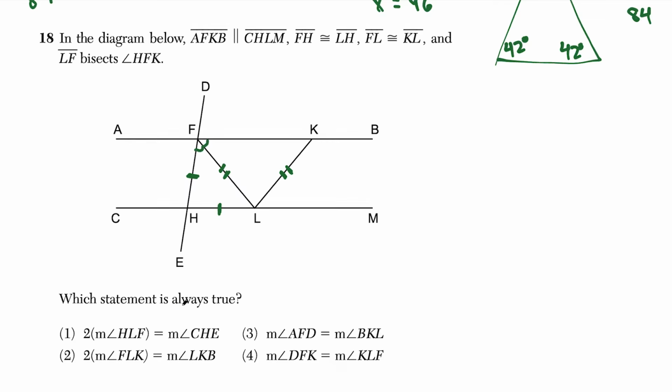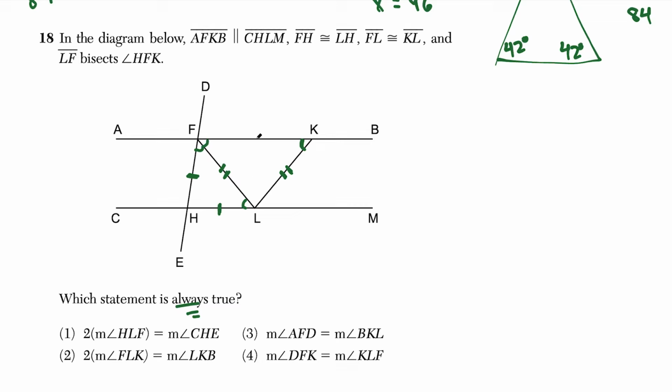And we want to know which statement is always true. Well, I said before that these two triangles are isosceles triangles. And the base angles of an isosceles triangle are congruent. So if these two sides are the same, the angles across from them are the same. So I could put a single notch here because we have a single notch here. And now in this second isosceles triangle, notice that across from the double notch, we have one of these angles marked off. So I can mark off angle FKL as being congruent to angle KFL over here. So now we have